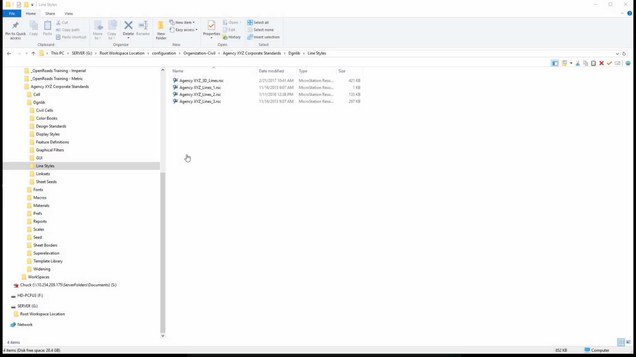The last step before we can begin to bring our Select Series 4 features over to OpenRoads Designer Connect Edition is to make sure that our custom line styles that we were using in Select Series 4 are present in OpenRoads Designer Connect Edition. And so what I've done is gone to that particular agency's resource folder structure and grabbed the custom line style files that they have, and under our DGN lib folder structure for organization line styles,